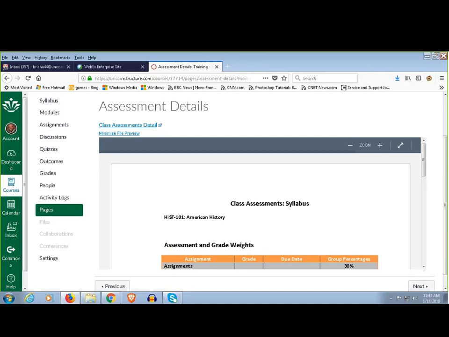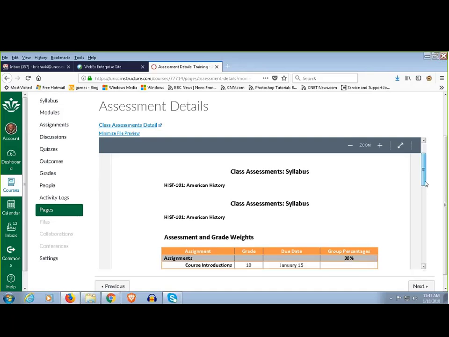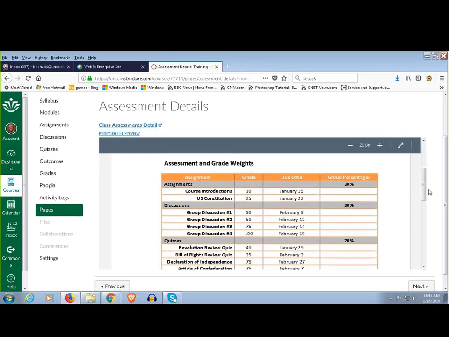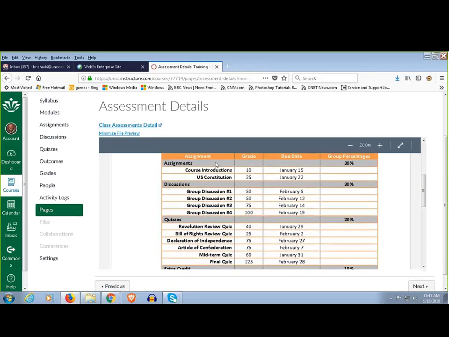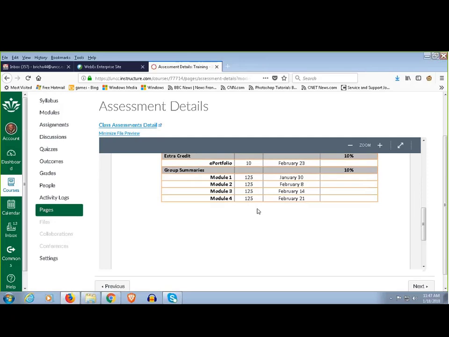We either grade based on points, or in my case, I'm grading by weight. So if it was by points, if you look at the first two columns here, you probably just have a set of assignments, whether it's discussion, quizzes, assignments, or surveys, and then you have your grade, and then the system gives a total at the